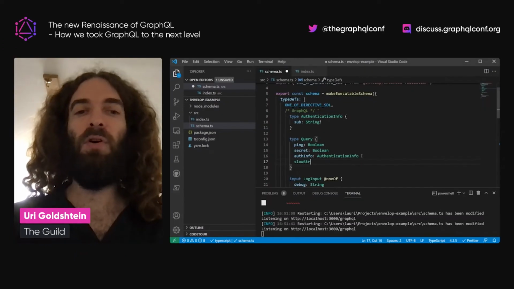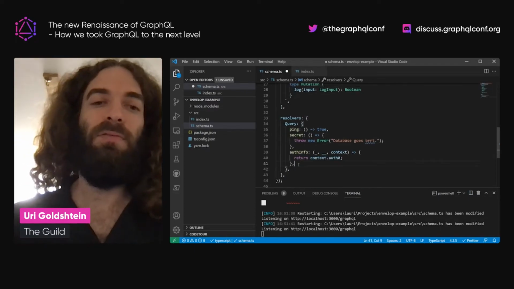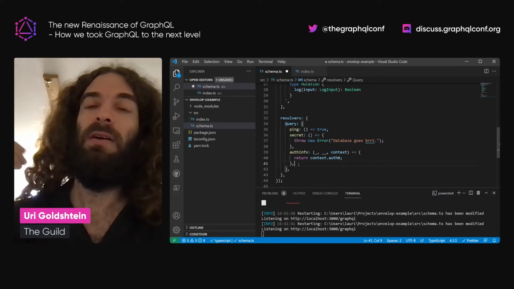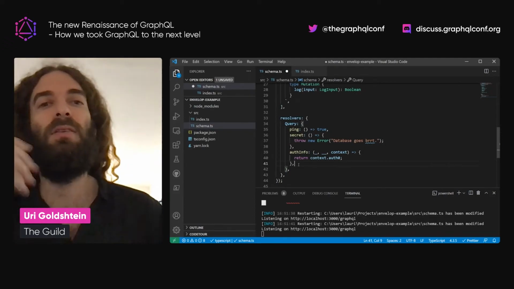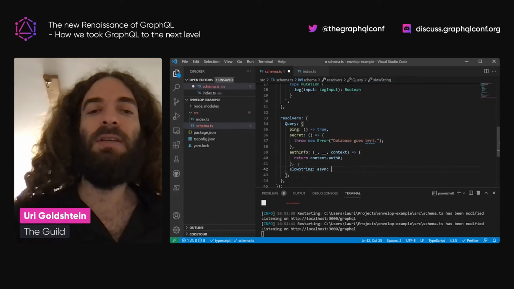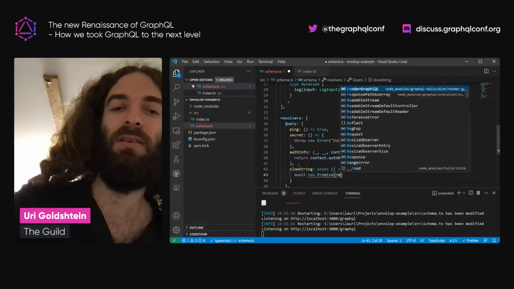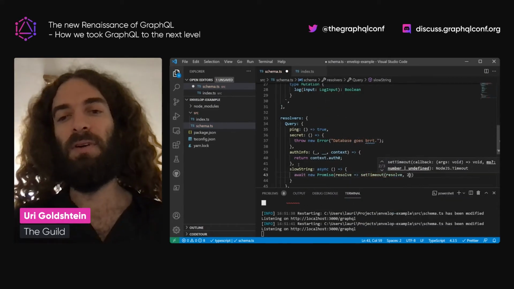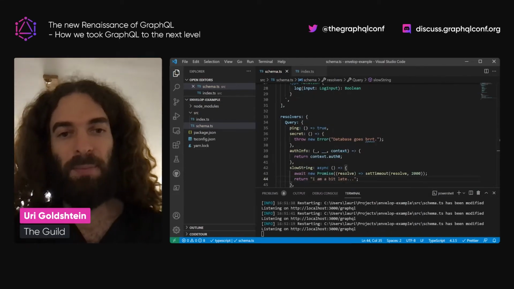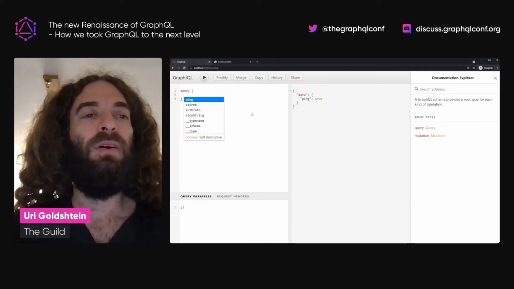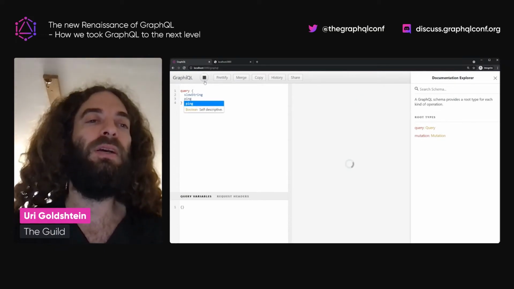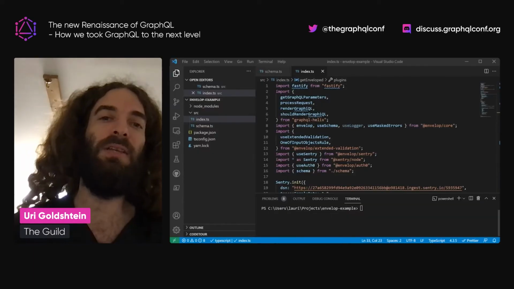Now, let's take more features from the future. One of the things that everyone is talking about with GraphQL, and it's true, is that when you send a large query, you always get the result as slow as the slowest resolver. So let's say we have a field here, and the resolve takes time, right? So what's going to happen here is that, if we send a query with those two fields, or this specific field, even though we send a ping and ping is faster, it's going to take time. But if we send only ping, it's immediate.